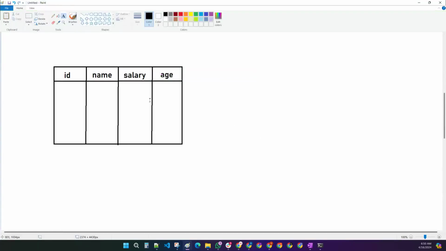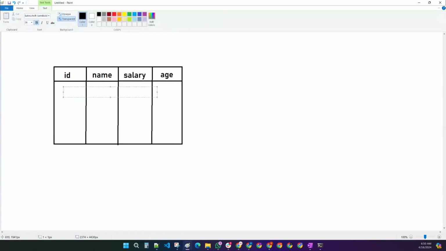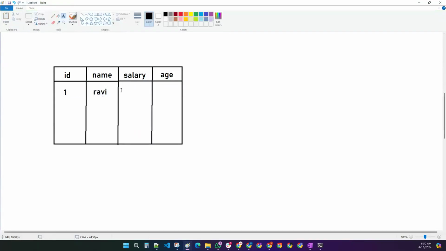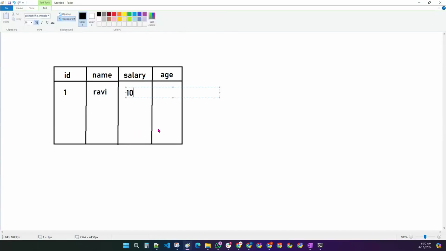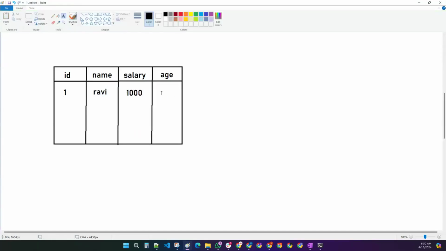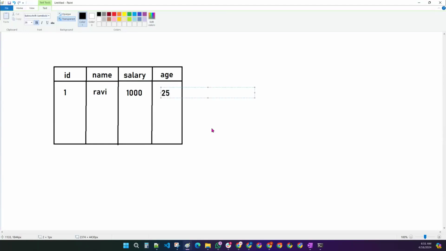In the traditional systems, the data is stored like this: one, Ravi, salary 1000, age 25, then two,